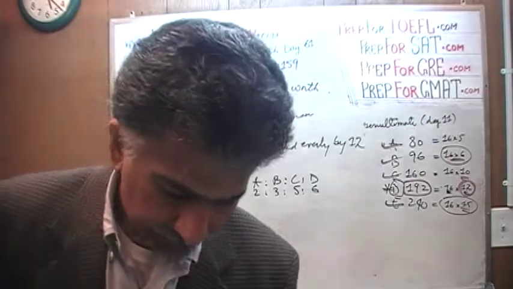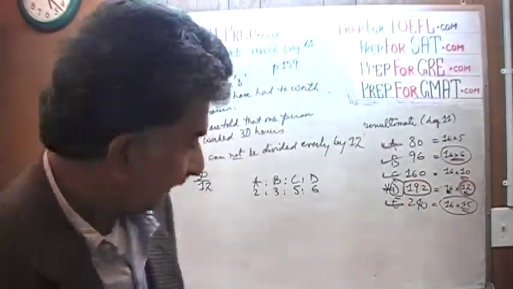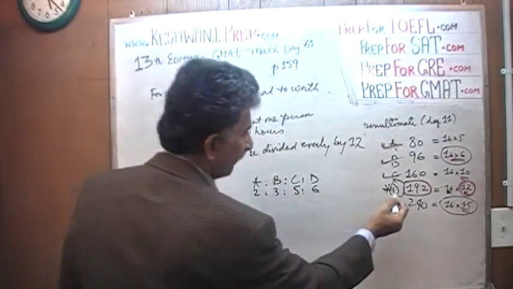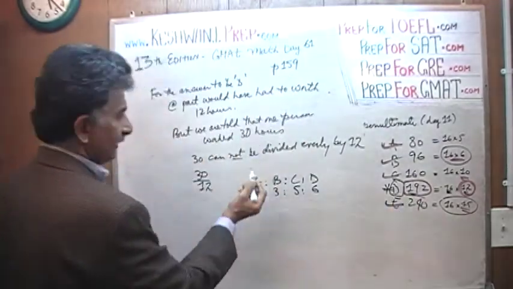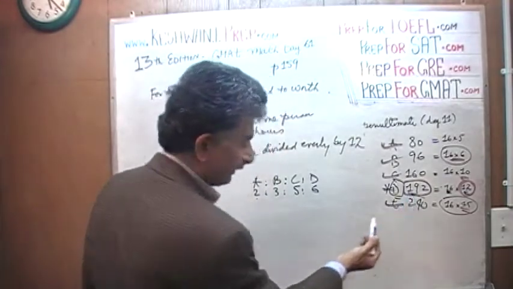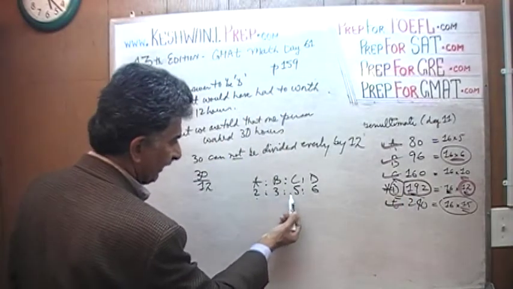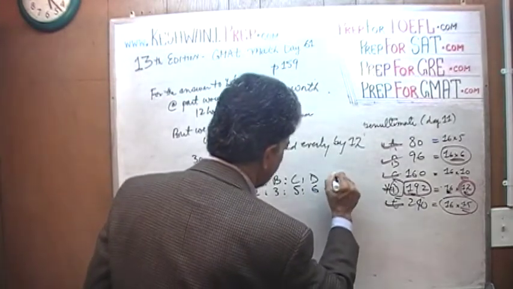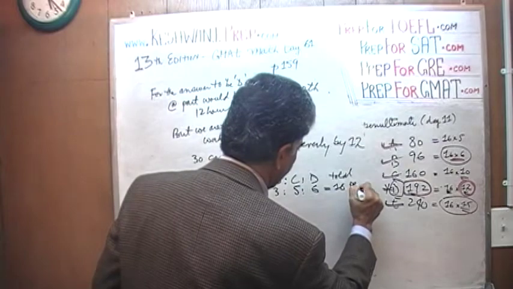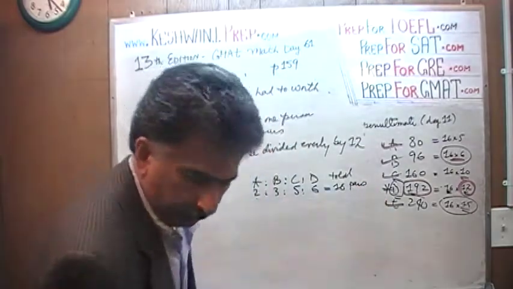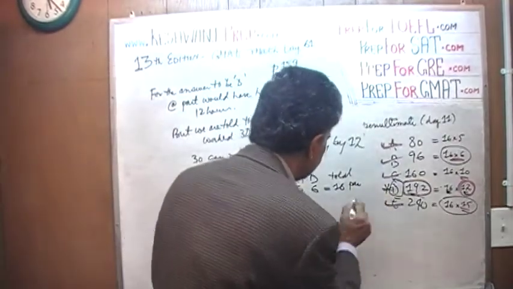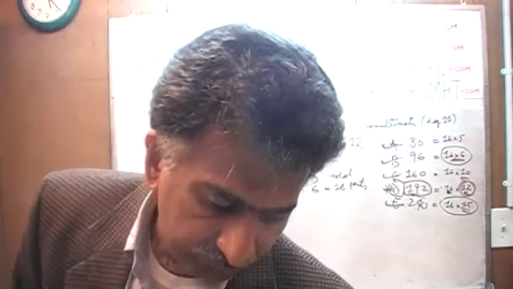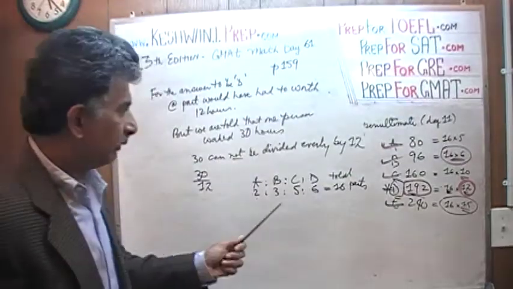If D were the case, if the total number of hours were 192, then since there are 16 parts altogether, 2 plus 3 is 5, 5 plus 5 is 10, 10 plus 6 is 16, there are 16 parts altogether. And in order for D to be the answer, each part would have to be worth